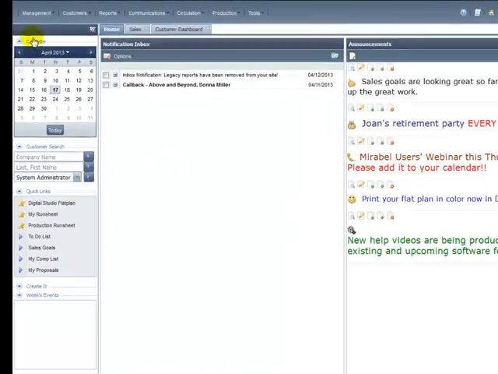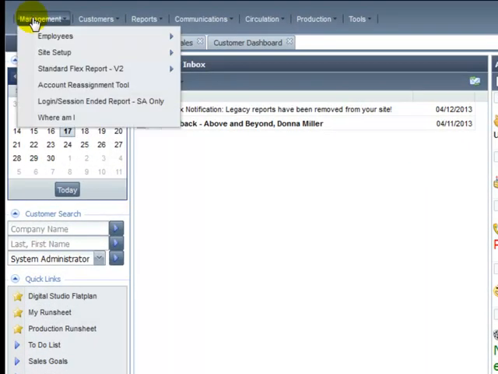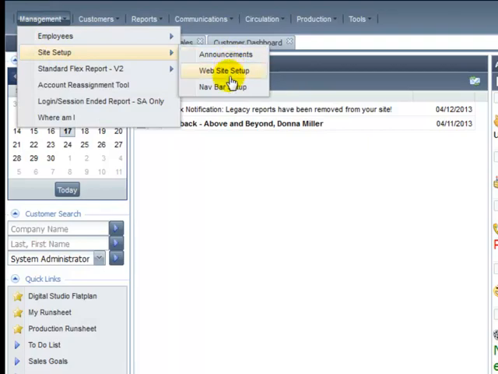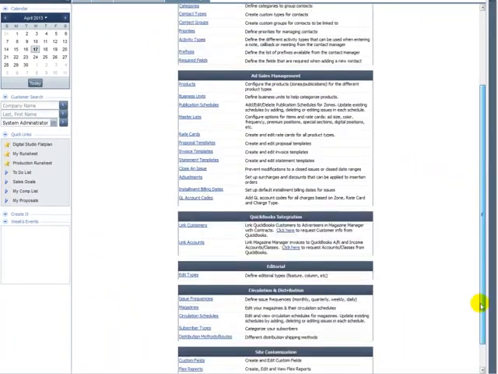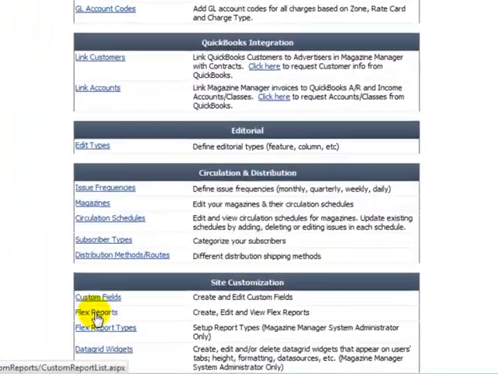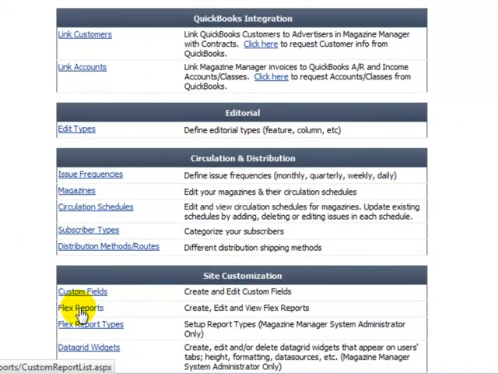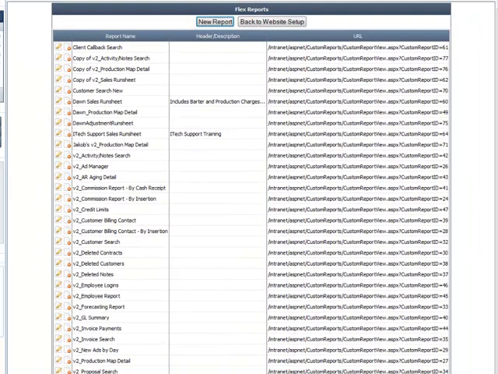To create or modify a Flex report, go to the Management menu, come down to Site Setup, Website Setup. Within Website Setup, at the very bottom of the list here, there's an option for Flex reports. Click the Flex report hyperlink. If you're brand new in the Magazine Manager, this list will only contain V2 underscore and then the name of